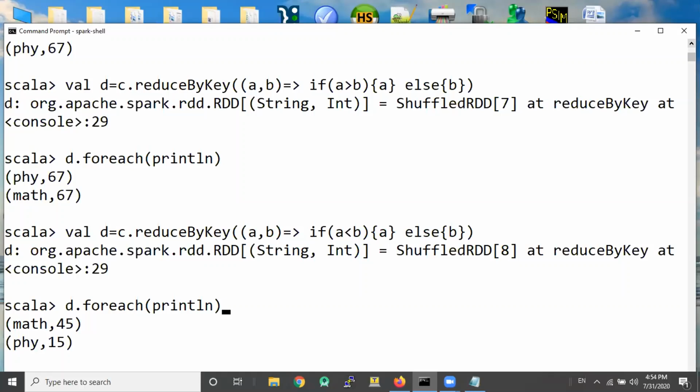So this is something of a brain teaser, because if you keep the student and you keep the subject and you keep the marks, then it's not a 2-column tuple or RDD. So you cannot do a reduce by key, because reduce by key basically syntactically expects a 2-column tuple.